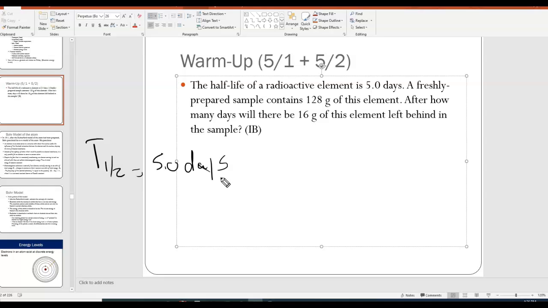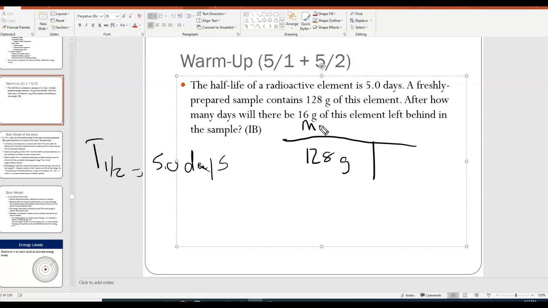Okay, so in other words, if you had a problem with 5 days or 10 days or 15 days, that would be very easy. If you had a problem with like 9 days, which is not a multiple of the half-life, then it would be much more difficult to do, because again, the rate of decay is not proportional. And so you're never going to have a problem like that on the IB exam, at least not in SL physics. So anyway, we start off with 128 grams